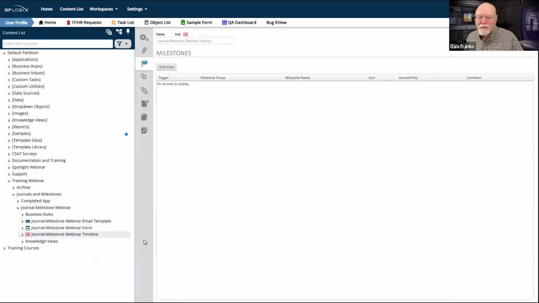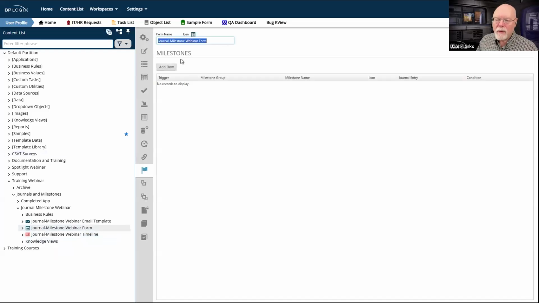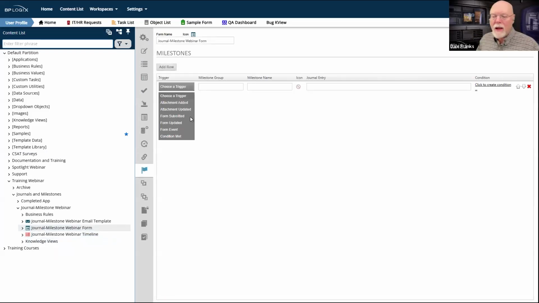They both have the very same UI, and they both operate the same way. The only difference are the events that trigger them. So we just looked at all of those events. So on a form, if we add a milestone row by clicking the Add Row button, we have a set of triggers on the form.